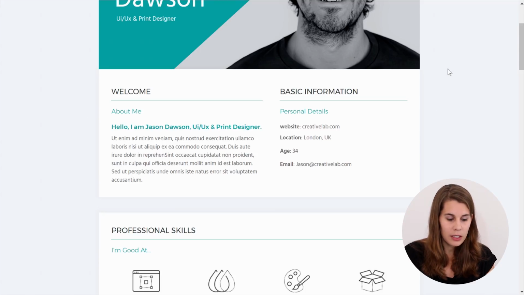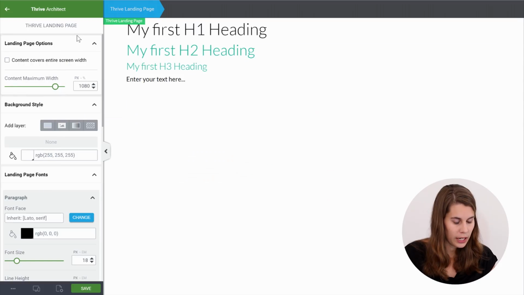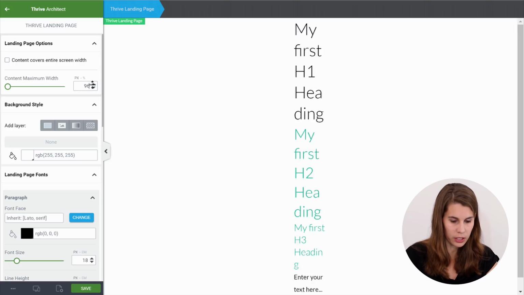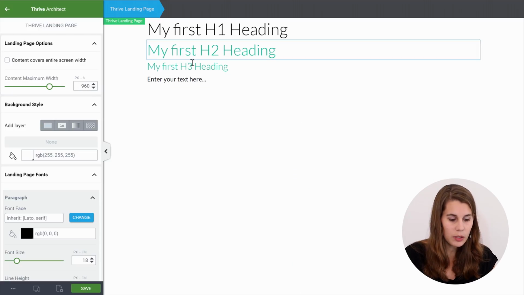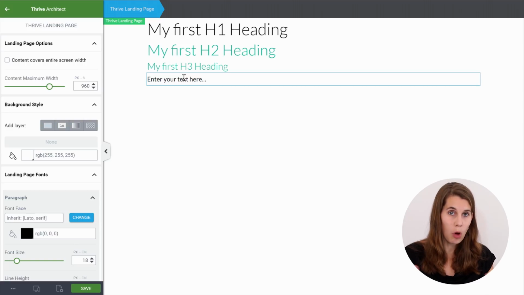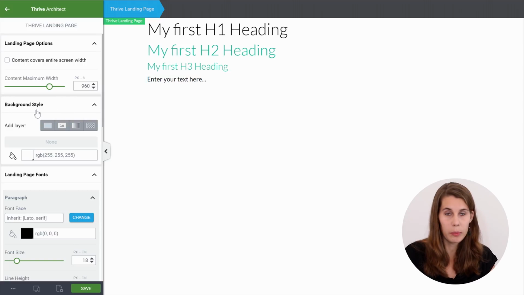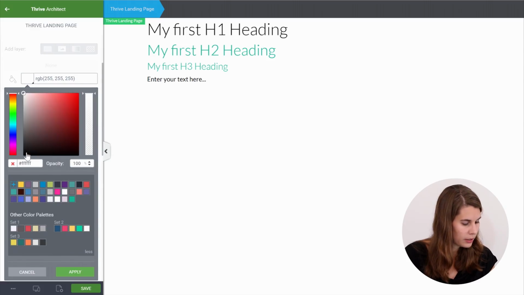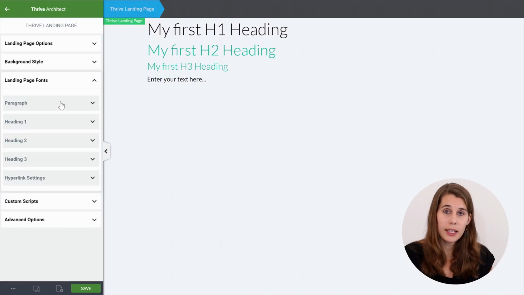So the easiest way to set this up is in our landing page options to actually set this content width to 960. So this will allow us to have a smaller width on the page. Now in background style, we can pick the background color of our landing page. The next thing we want to do is go to landing page fonts, and from here we can actually edit